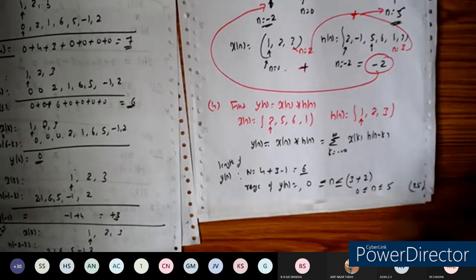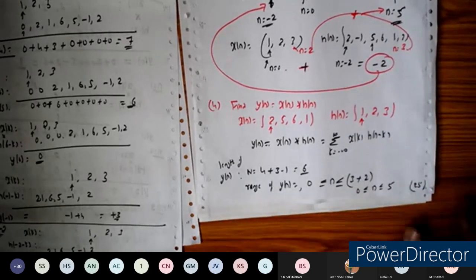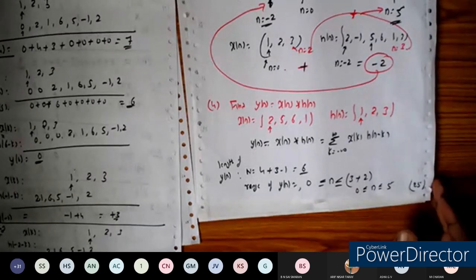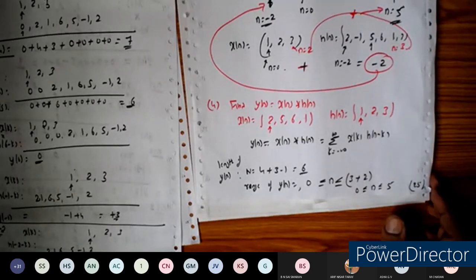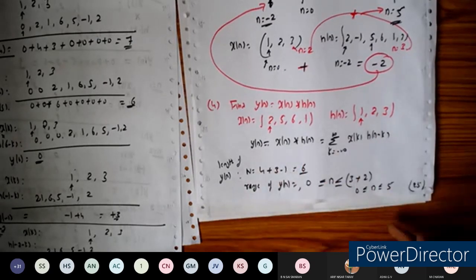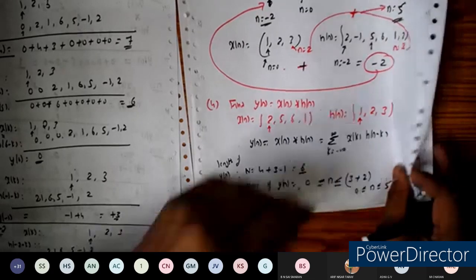The better practice is, whatever formulas you get, make a list of the formulas at the end of your notebook. It may be in any mathematical subjects like signals and systems, control systems, even in mathematics and engineering statistics also. You can make a list of all the formulas at the end of your notebook. Whenever you encounter any problem, just turn the pages back, remember the formula, and apply the corresponding concept. That's a better practice. You can do it here.